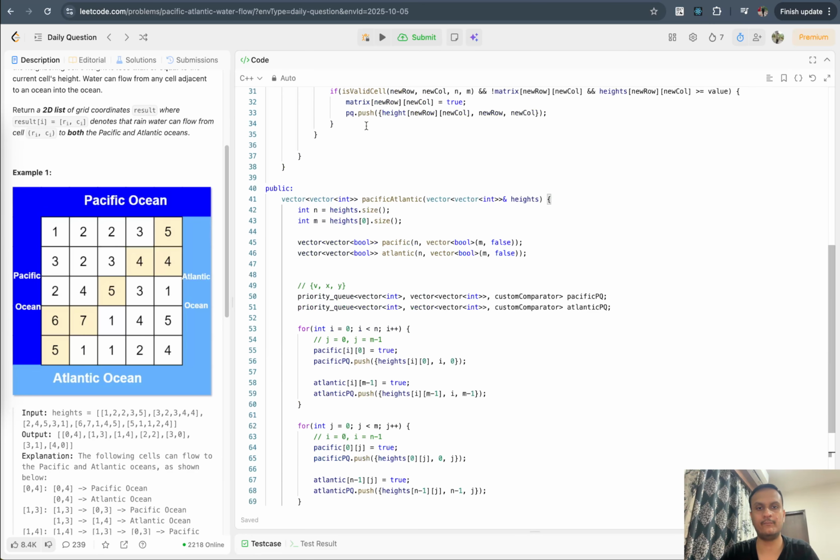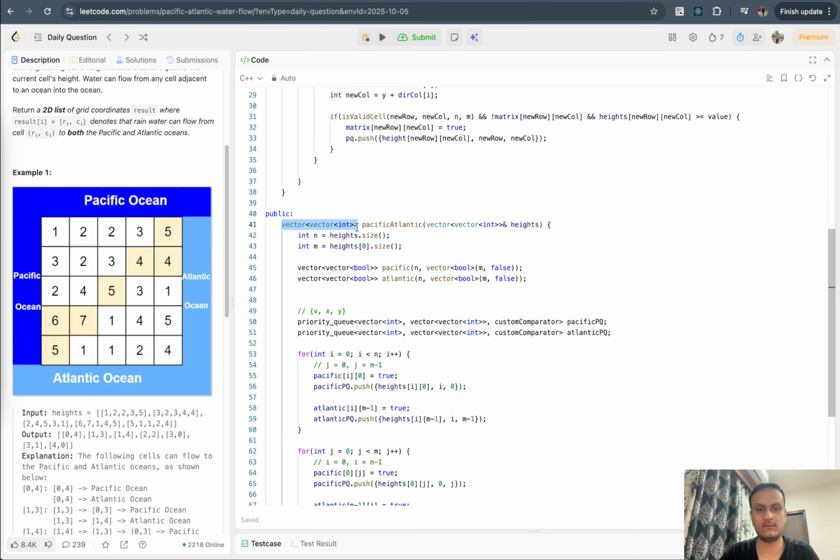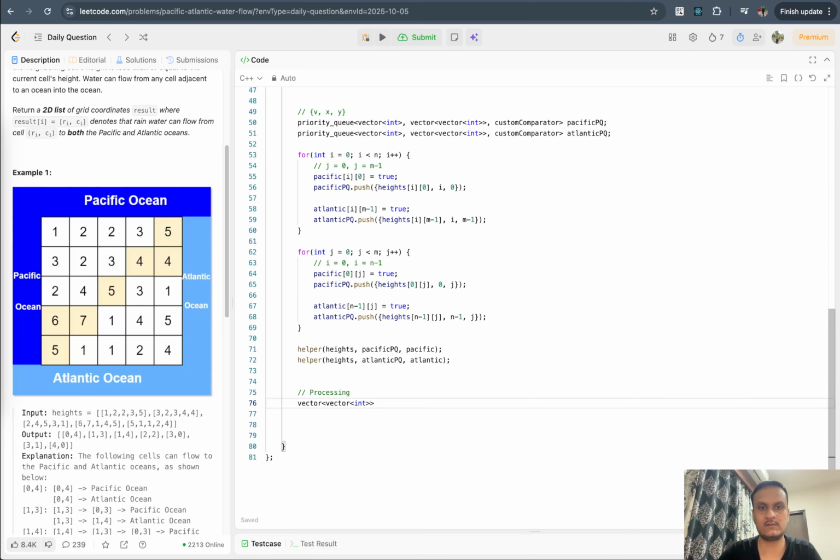Now we have to make an answer vector. Let's make this result vector, which is empty for now. So we will iterate over both of these, and wherever Pacific is true and Atlantic is true, we will push that index I comma j into our vector, otherwise we will leave it. So I will process all the rows, I will look through all the rows, and I will go over all the columns,